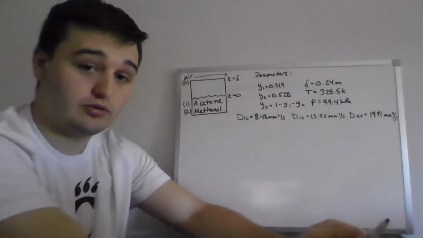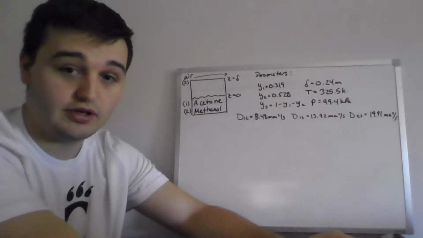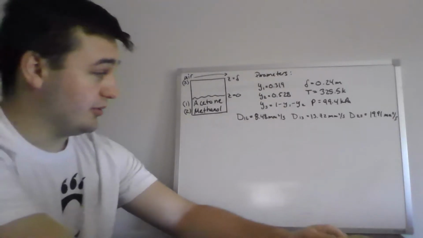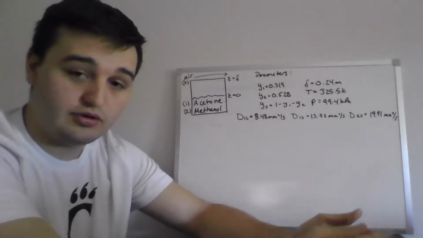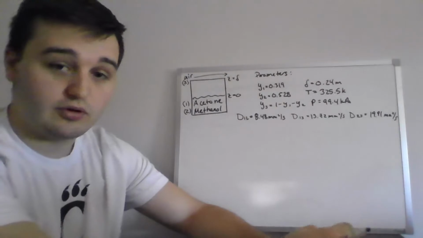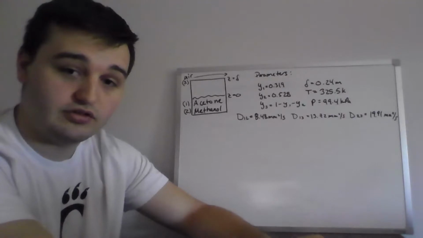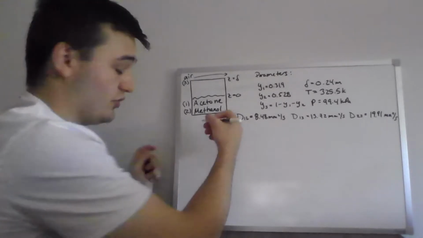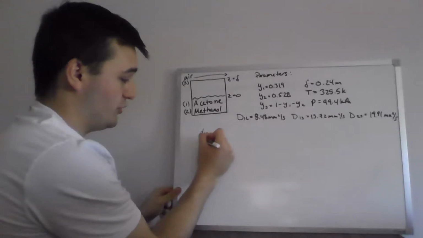We're given the Stefan-Maxwell diffusion coefficients between components 1 and 2, 1 and 3, and 2 and 3, and those are in terms of millimeters squared per second. So, like I said, we're trying to solve for the molar fluxes of acetone and methanol, and since we're given the Stefan-Maxwell diffusion coefficients, we can start by listing out the Stefan-Maxwell relations equations with respect to components 1 and 2. So starting with component 1, which is acetone,